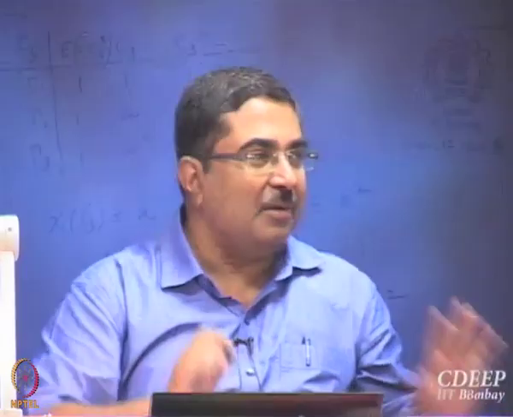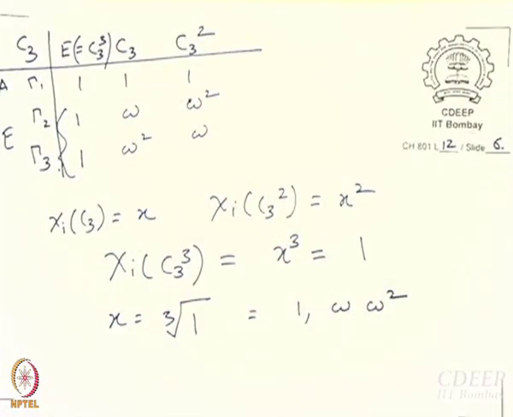I do not exactly know why, but in character tables it is more often written as epsilon. Epsilon is actually more general, but in this case definitely it is omega. Alright, so this is your character table. What is this? I can say this is A, and this together you call it E.